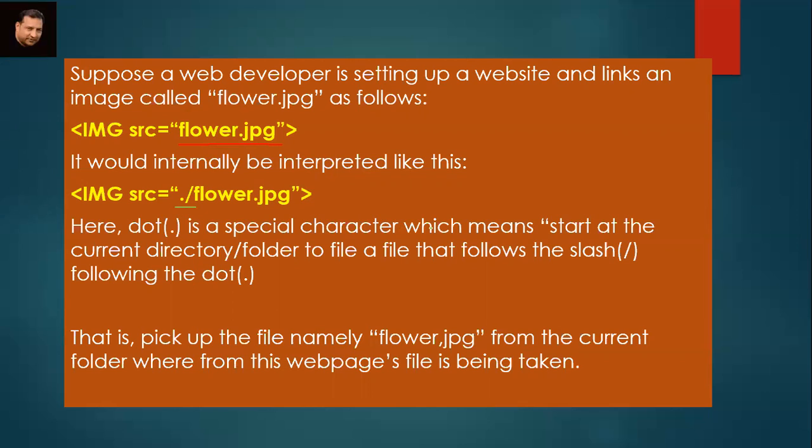Here dot is a special character which means start at the current directory or folder to find a file that follows the slash following the dot. इसका मतलब अगर डॉट लगा दिया तो जो भी करंट डायरेक्टरी है उसके अंदर स्लैश के बाद जो लिखा हुआ है वो ऑब्जेक्ट स्टोर्ड होगा, उसको यूज करना है, पूरा पाथ देने की जरूरत नहीं है। सो दिस इज अ रिलेटिव पाथ।